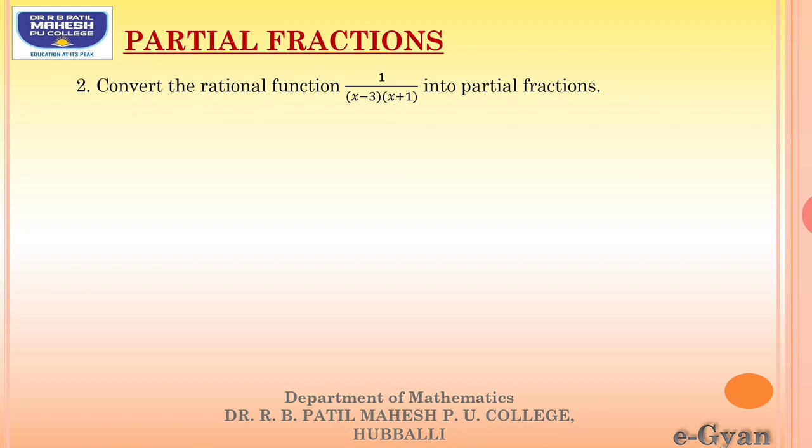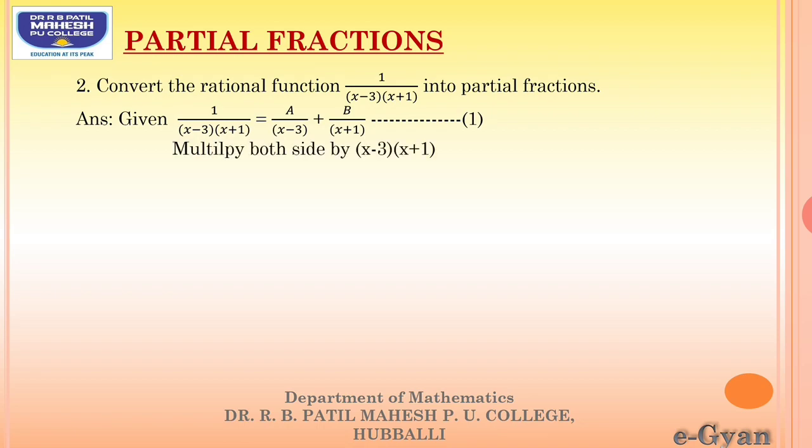So next you can apply the same method here. So you can start with the given term, 1 by x minus 3 into x plus 1. So this term equal to, by using the 5 forms, we can take this term as a by the first factor plus b by the second factor, because this is a non-repeated linear factor. So call this equation number 1.